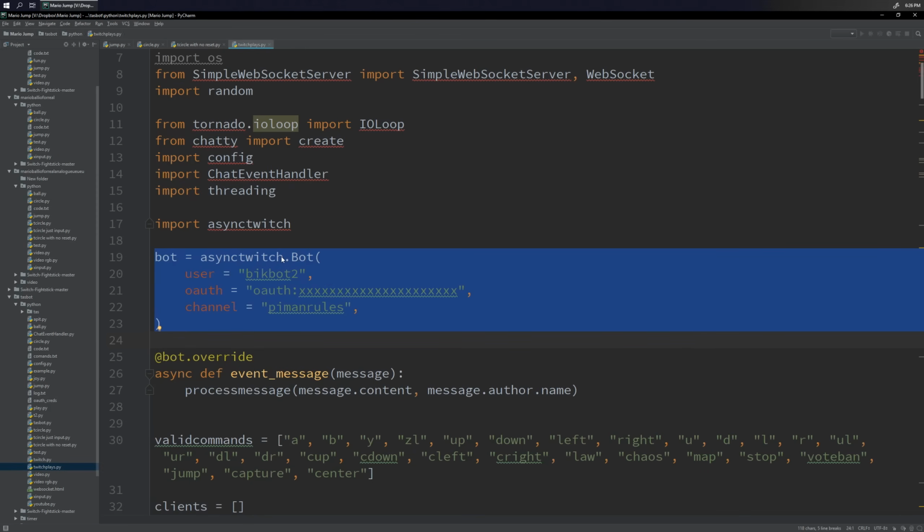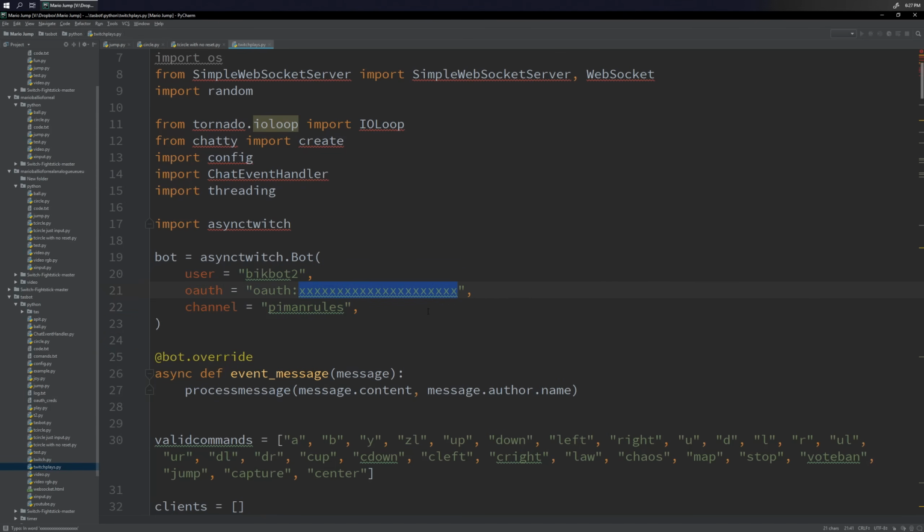You used to just be able to do Twitch chat interface stuff using IRC. And so when I made BitBot, so BitBot was my IRC bot that I used back in the day, I was able to just use him on Twitch by coding up a simple IRC client. And that used to work. Maybe it still works, but I couldn't get it to work. Not with this. Maybe Twitch changed something at some point. So I found some guy's library that makes an asynchronous Twitch bot. And you just enter your credentials and the channel.